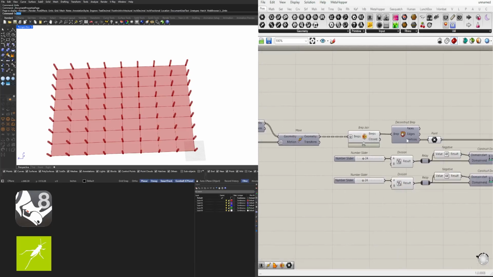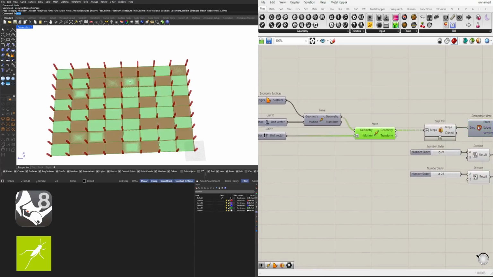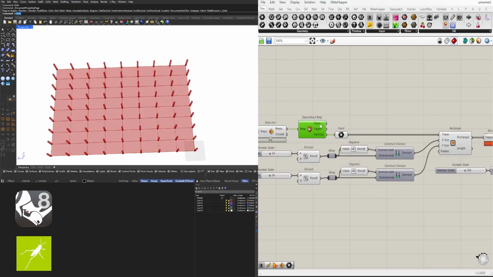So what I'll do is I'll go here to either the exploded deconstruct brep. We can also go back to the grid that we have here, but I'm going to just go off of the deconstructed brep because what we need to do now is get the midpoint and know how these are organized. We know we have 64 of them, and they're going to be organized from 0 to 63. So the way to visually do it is bring in an area component,